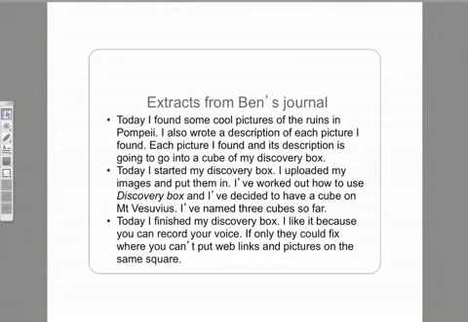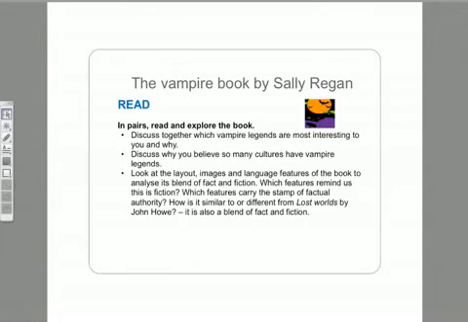Alrighty, so then some of the fun about working with Web2 is not just what the students actually make, but the fact that they've got an opportunity to reflect on what they've made. So here's Ben's learning journal, in which he's just describing to us how much fun he had when he was using the Web2 tool, and also some of the limitations. So that was a bit of a blast for me. Reading the kids' learning journals was fun.